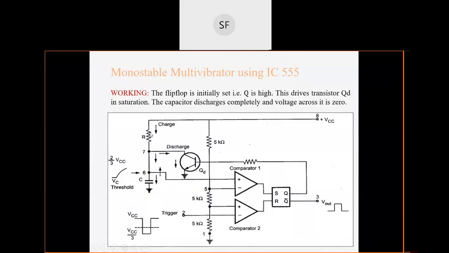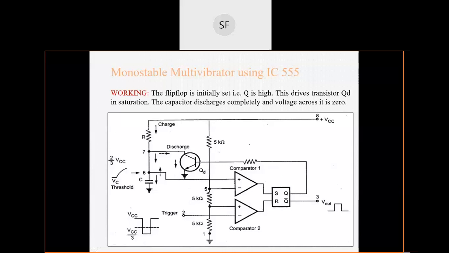The complete current will flow from this capacitor. Capacitor will start charging. एक मोमेंट आएगा जब कैपेसिटर के अक्रॉस की वैल्यू 2/3 VCC से ज़्यादा आएगी. At that particular moment, this comparator value will be again 1. This value 1 becomes, now it will again set this flip-flop. That means the input will become 1, and now Q will become 1 and Q bar will be 0. That means your output will again come back to its stable state. So this is the complete cycle.